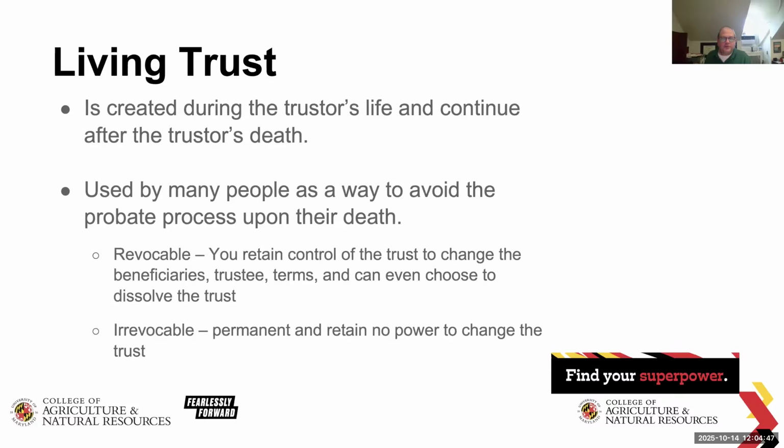They are revocable throughout the course of your life if you are the person that sets them up. You can make any decision and change it as much as you want to up until the point you pass away. At that point, it becomes irrevocable and it's permanent, and there's really no power to change it. We just distribute the assets according to the terms of the trust, and the trust basically goes away once it's extinguished.